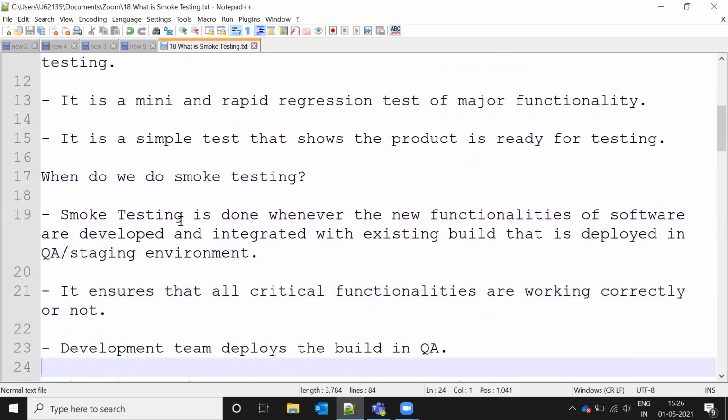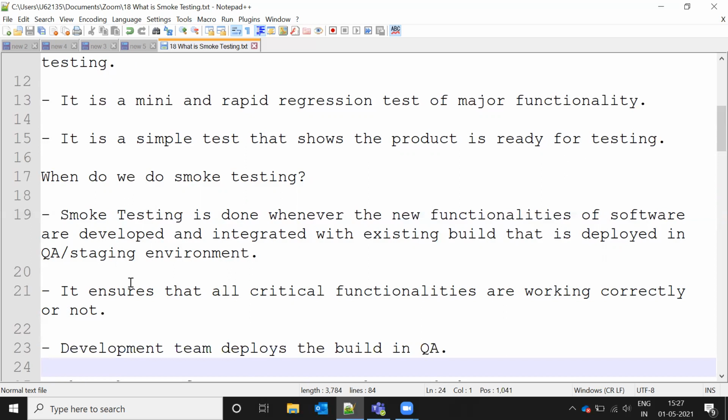And when do we do smoke testing? Basically, smoke testing is done whenever new functionality of the software is deployed and integrated with the existing build, deployed in the QA staging environment. Imagine in the first build they deployed a set of functionality, and the second time they added new functionality and integrated it with the old one from the previous build, and they are going to deploy it into the QA environment.